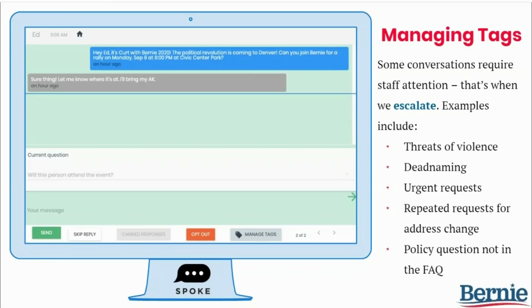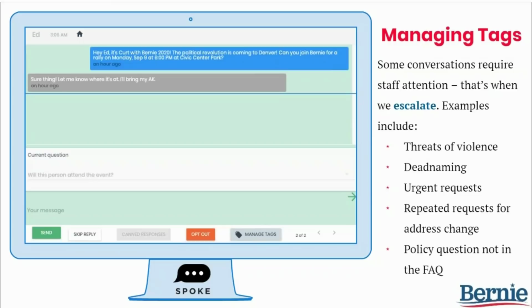The final way we use tags is when we need to escalate a conversation to a campaign staffer. This option should only be used in very unique circumstances. For example, threats of violence, from specific threats to more indirect or general ones, like someone who says they plan to bring a firearm to an event. Deadnaming. This is when a textee identifies as transgender or non-binary, but our data still contains their old name.